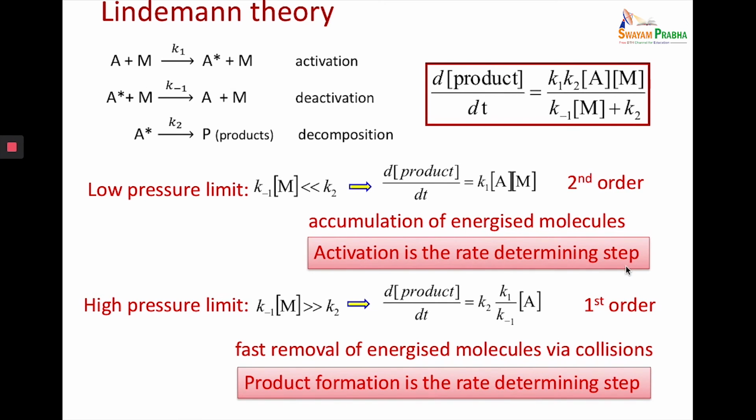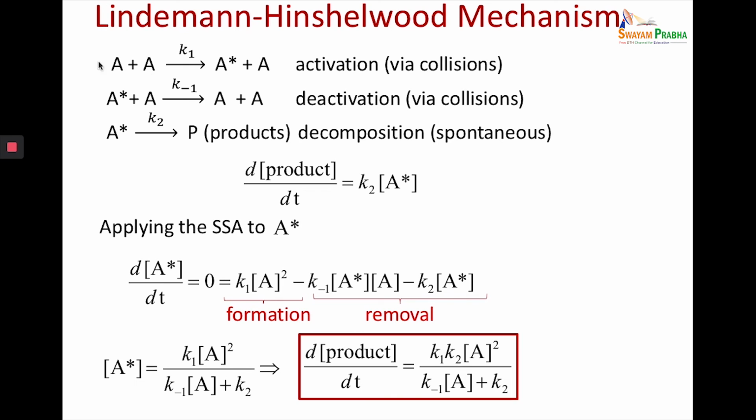So Lindemann explained what Hinshelwood had observed in his experiment, that the decomposition reactions under the low pressure conditions were second order, that is they were first order with respect to A and first order with respect to the other molecule, and in the high pressure conditions they were first order. But Lindemann did it for unimolecular, and right now what we are seeing here is that there you have a reactant A and M. So he actually explained it with this for the unimolecular. So this can be written as Lindemann-Hinshelwood mechanism, because Lindemann had used the previous concept to explain the unimolecular reaction.